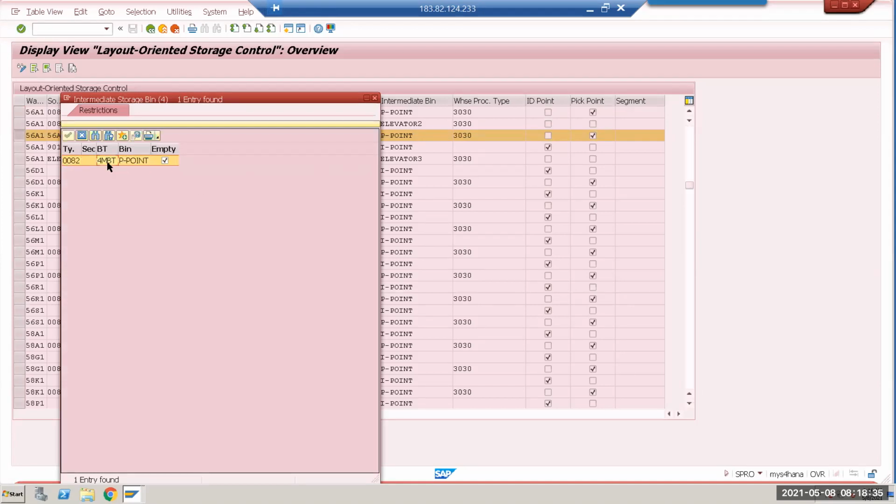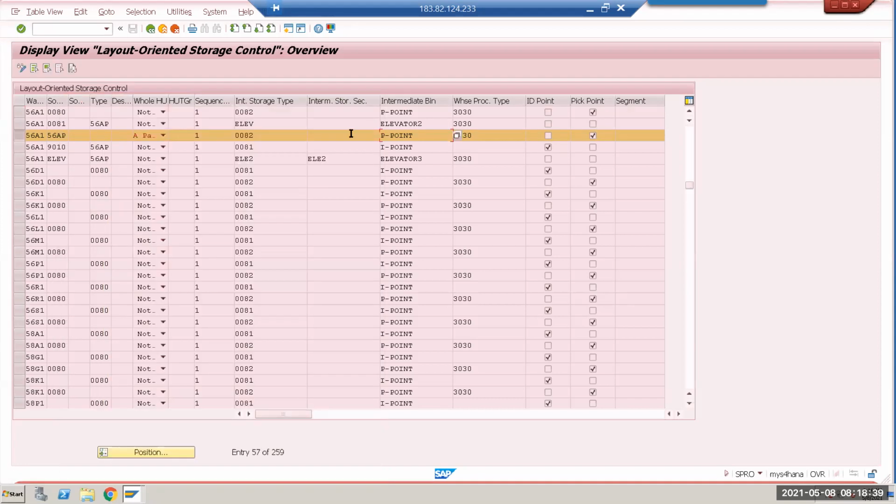For MBT you have created. MBT should not be there. Yeah, sir, MBT, because it was there, so if you can remove it, like last time in the put away the constant storage bin type was mentioned. Put away means because the final bin is that one, right? Yeah, we can remove that. So pick point not required. Partial, it's a partial.